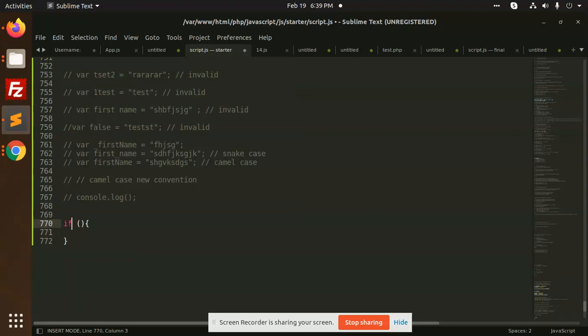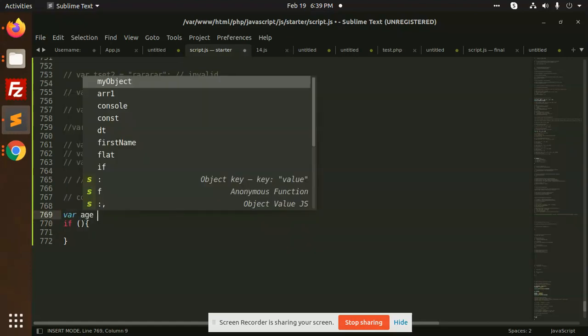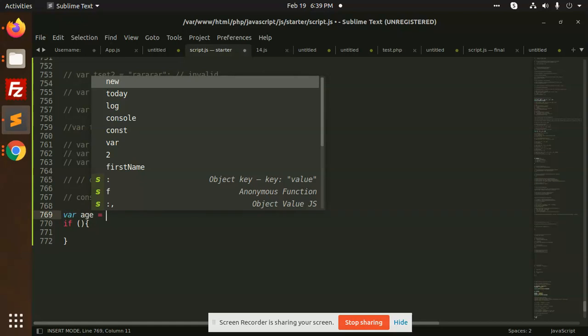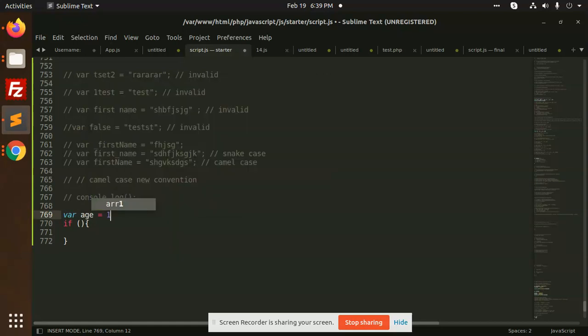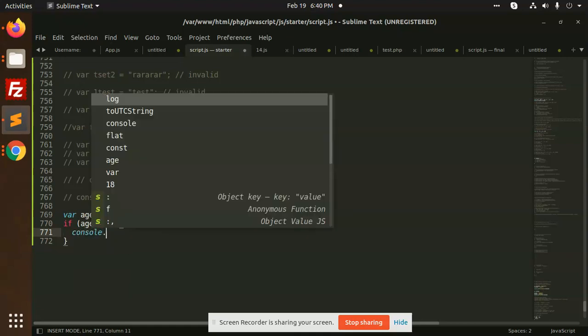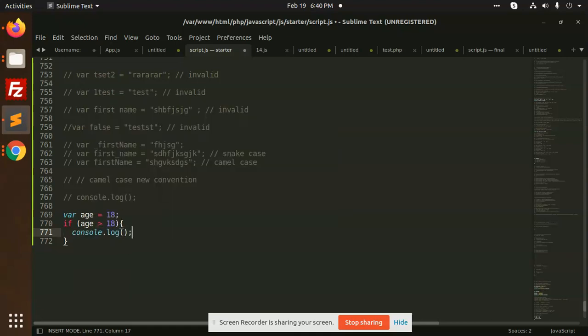This is the syntax, if. First of all we can define var age equals to 18, we can define the current age as this. So if age is greater than 18, console.log you are applicable for driving license, correct? Age is greater than, else